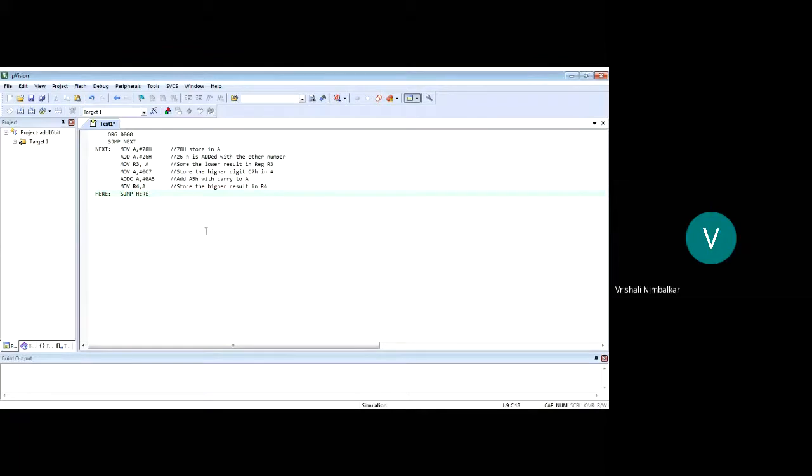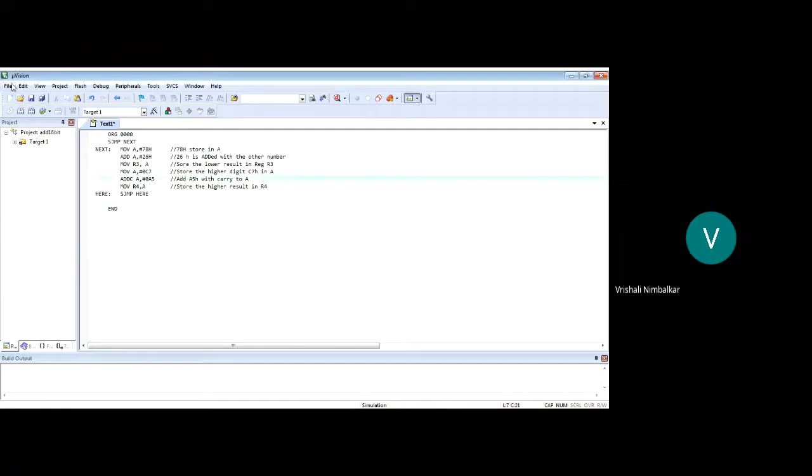Now the program is done. Now we should tell the assembler to stop converting assembly language into machine language. So that's why we give END. This is an assembler directive. What are we telling the assembler? Stop doing the conversion from assembly language to machine language. Originate means start doing the conversion, and end means stop doing the conversion from assembly to machine. So our program is written.